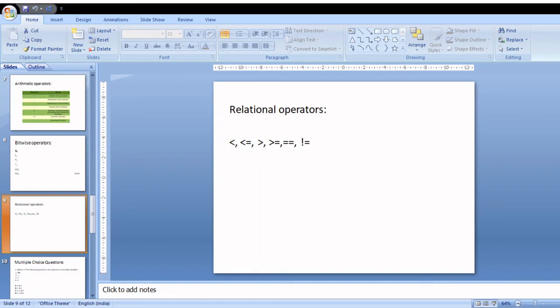Moving on to special operators, all these set of operators you have learnt in your previous programming languages itself, but particular to Java, you have some special operators. It's called as dot operator. Another one is instance of operator.